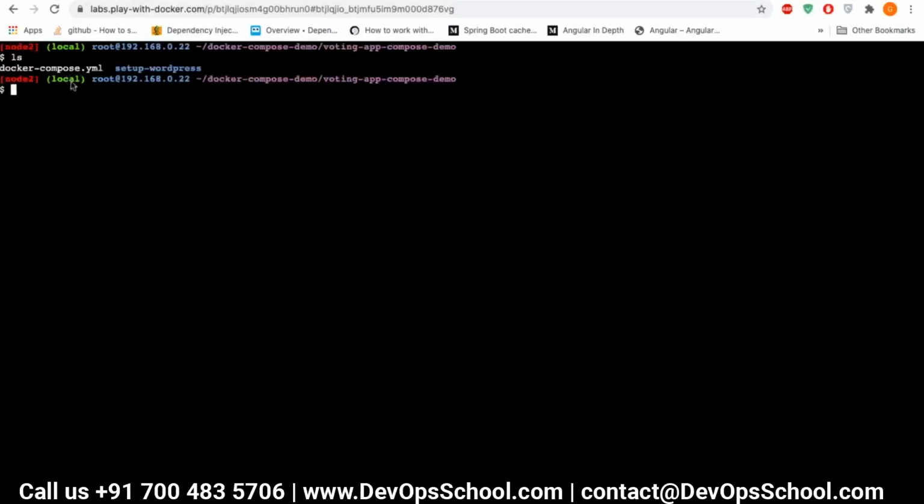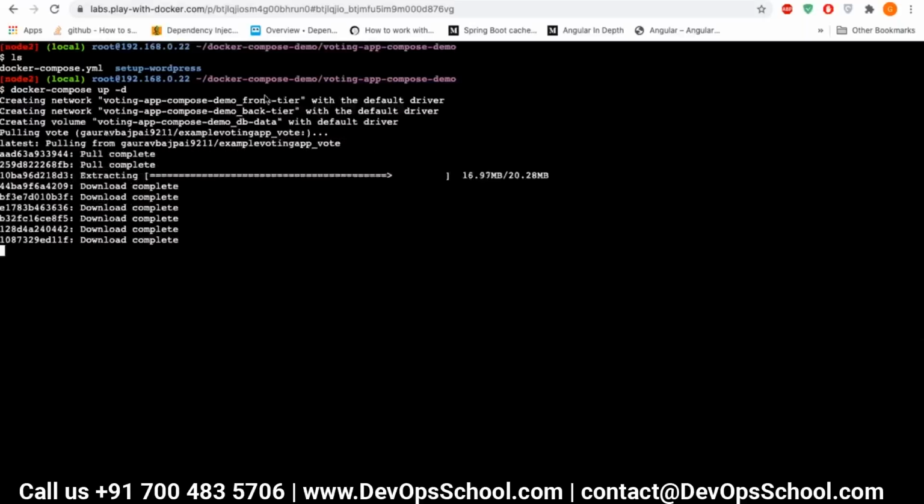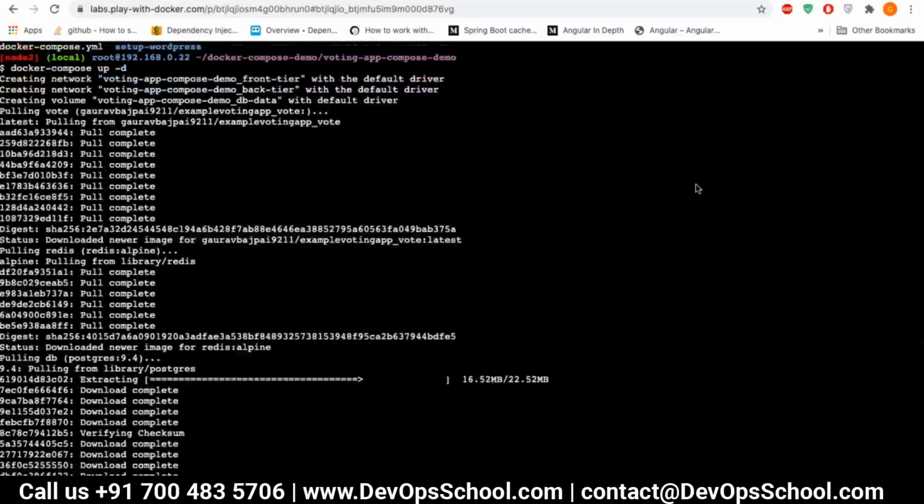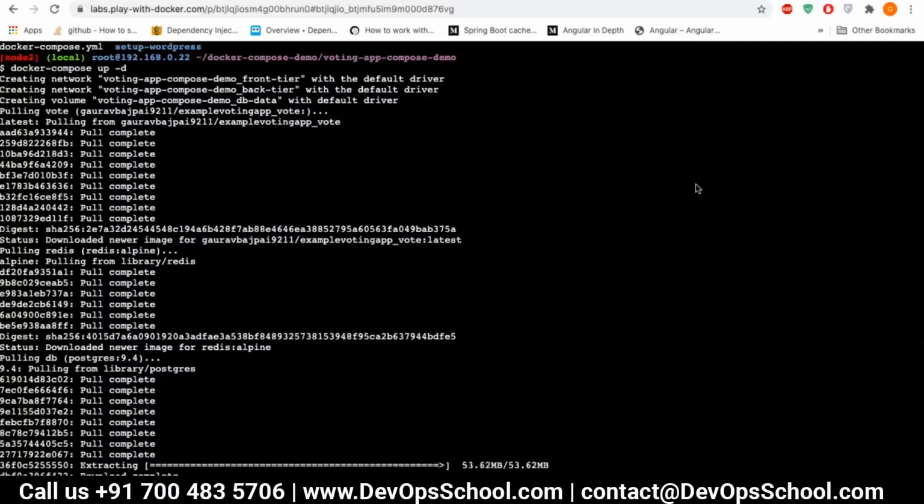If the file name is different, we have to pass it. Otherwise, we need not pass anything. Directly we can go to the directory and give docker compose up with the -d flag. So it is downloading all the services,